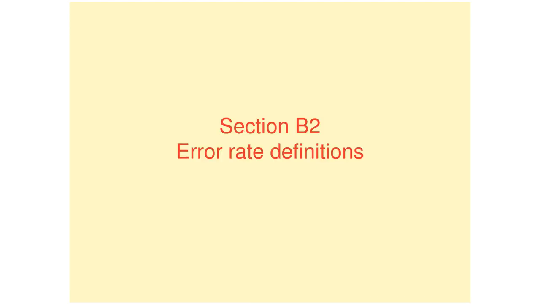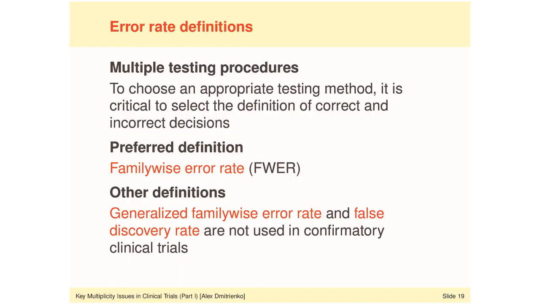Section B2, Error Rate Definitions for Multiple Testing Procedures. We're now done with the discussion of inferential goals in multiplicity problems, and in section B, in all other sections from this point on, we will focus on the at least one multiplicity problem, also known as intersection union multiplicity problem, and the most important feature to remember about this problem is that at least one testing induces error rate inflation. In section B3, we will talk about rules for selecting most appropriate multiple testing methods for a given clinical